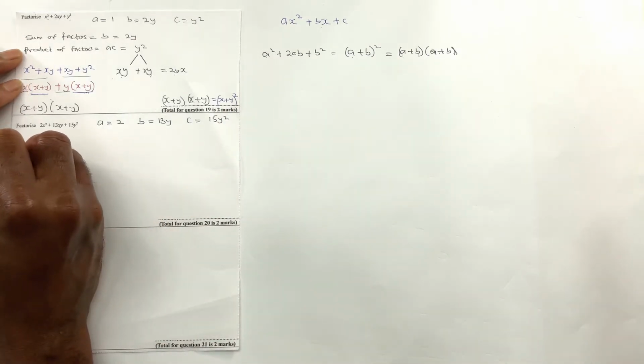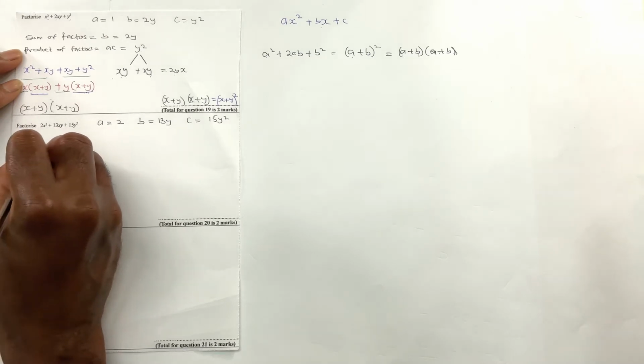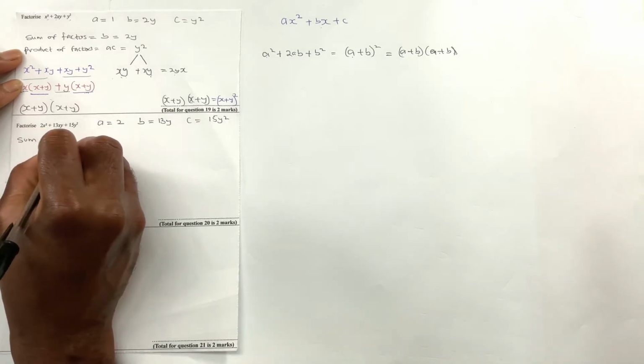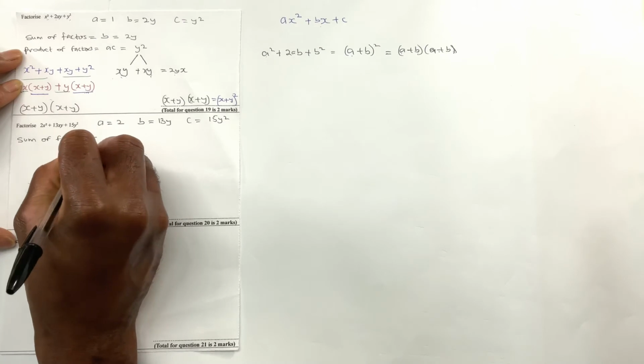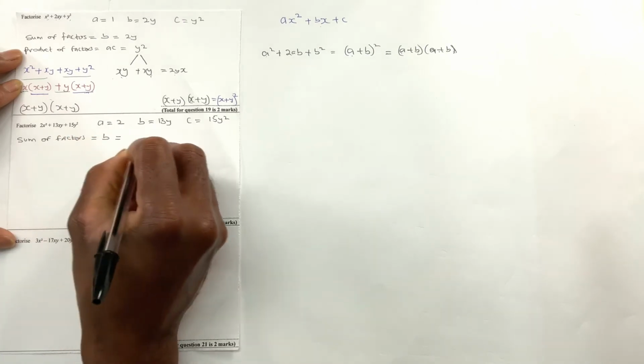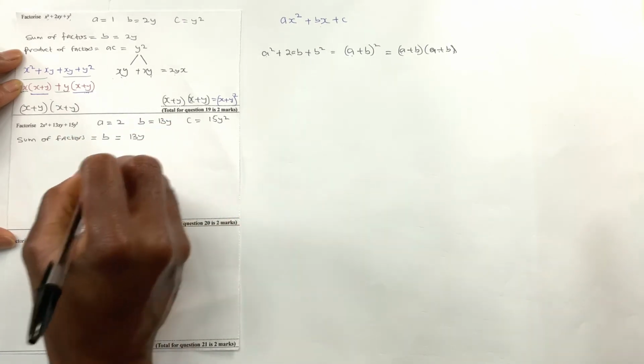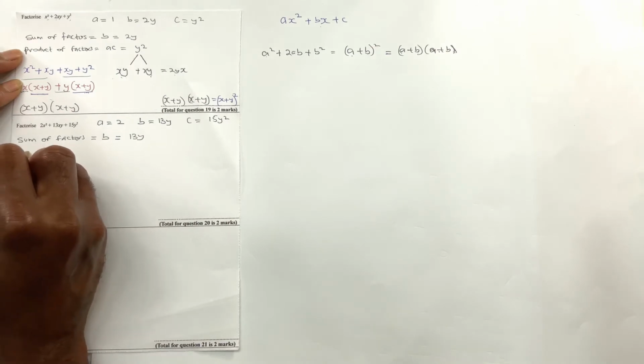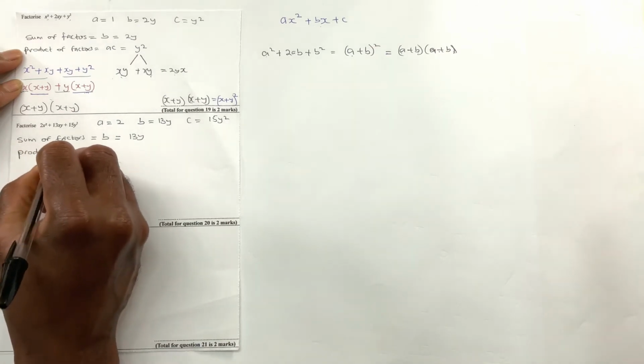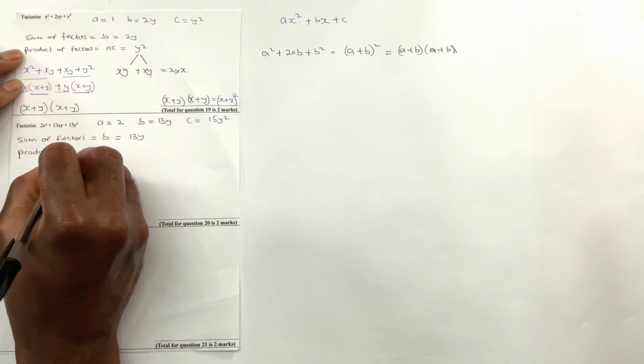So I need to find sum of factors, and that must be equal to b, which equals 13y. Product means times. Product of factors